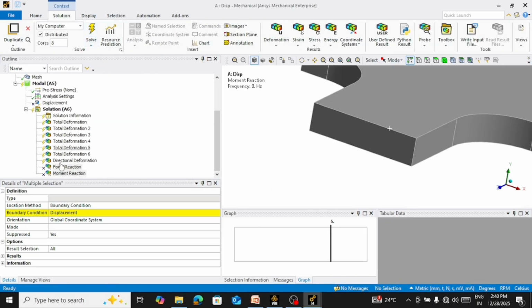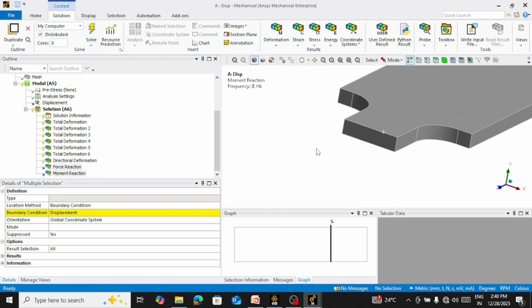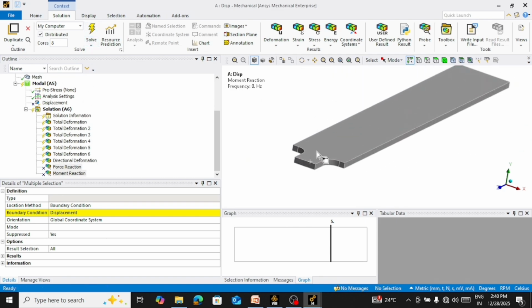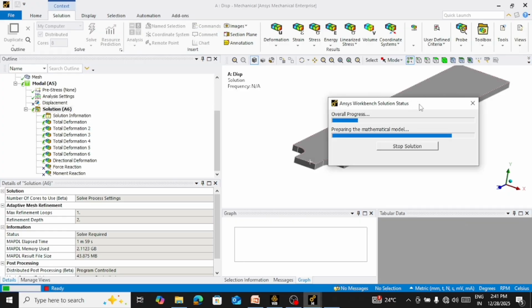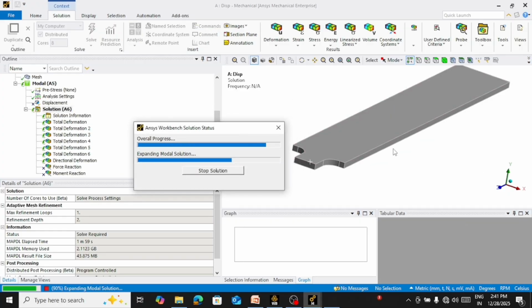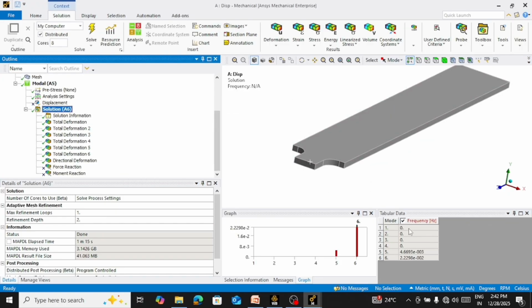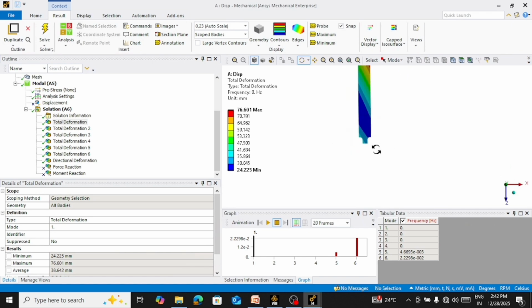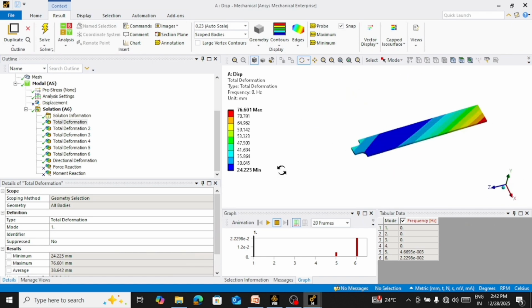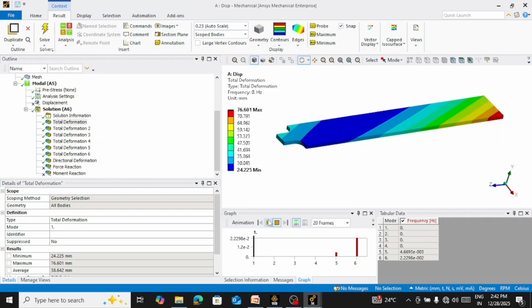If we don't have any boundary condition applied, there is no boundary condition, this body is free. Okay, and now if I try to solve this, we observe that all first 6 degrees of freedom, or 6 modes or 6 natural frequencies, are very close to 0. Okay, and if we try to look at the deformation behavior, this is the first mode, and if I